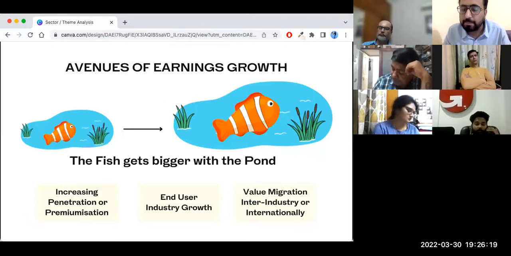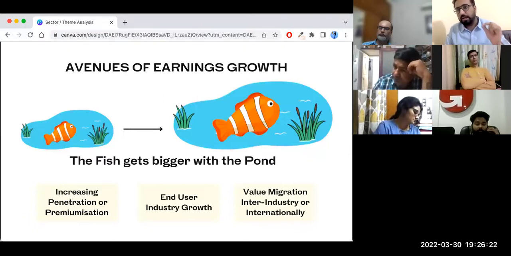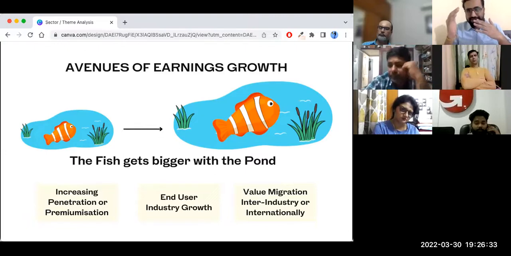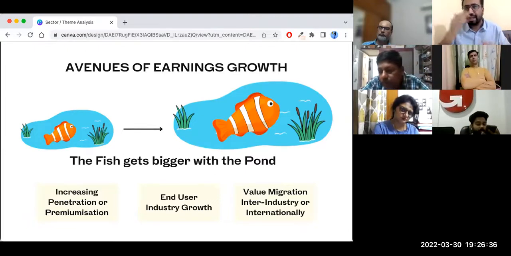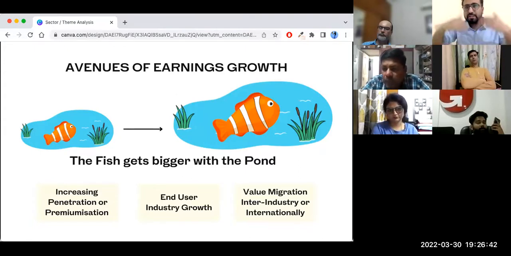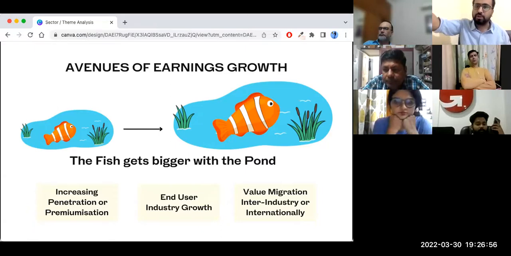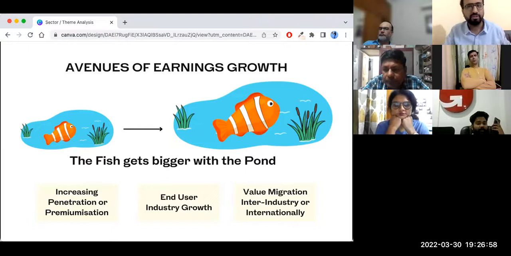Shashank has a query. How permanent is this expansion? Very good question. Even the sector might hit a ceiling. For example, penetration can only be at the max 100%, right? So for products where the penetration is lesser, like 30%, 40%, 50%, and it is increasing very swiftly, over the next 10 years, 15 years, the penetration is going to grow and reach like 70, 80, 90%. Then you can take advantage of those industries where penetration is increasing, because new users are getting added. After that point of time, penetration will not increase, growth will stall.